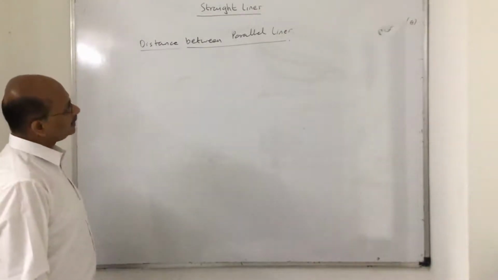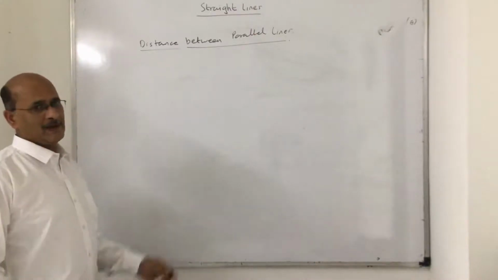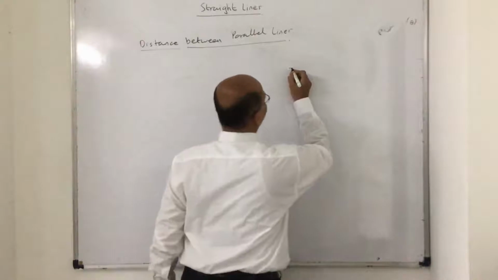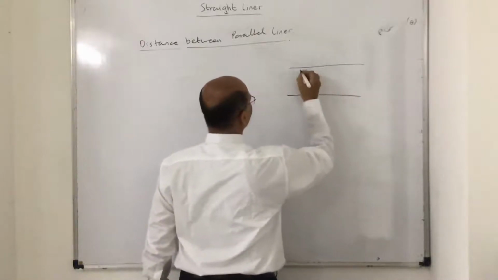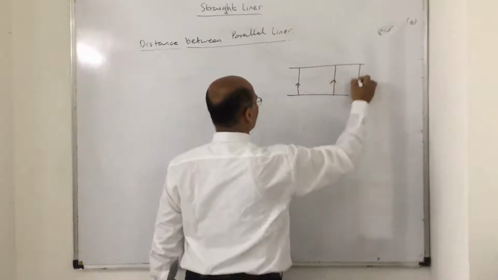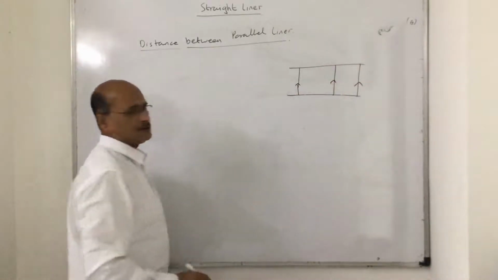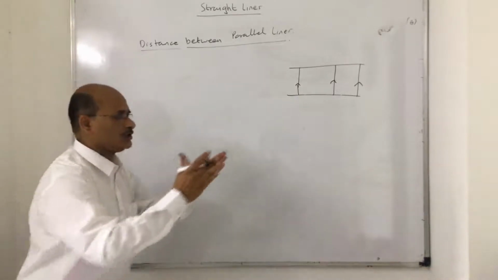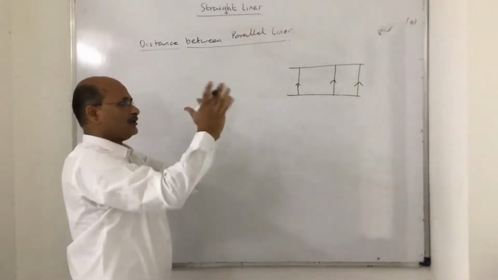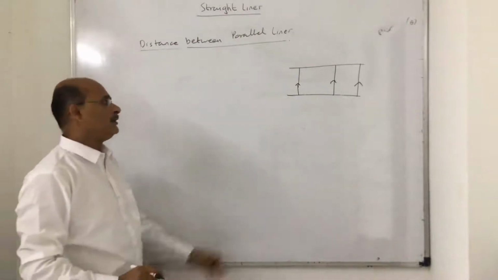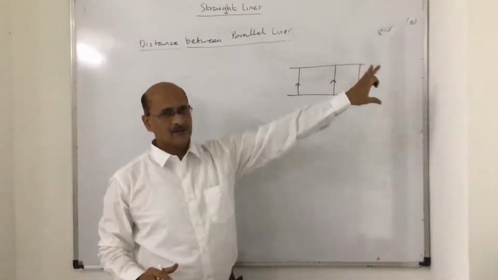So first thing is, you know what parallel lines are. Two parallel lines never intersect. So when I talk about parallel lines, remember, you find the distance here, or you find the distance here, the distance will always be the same because they never intersect, they are just parallel to each other and the distance is maintained throughout. The same distance will be there throughout the parallel lines.